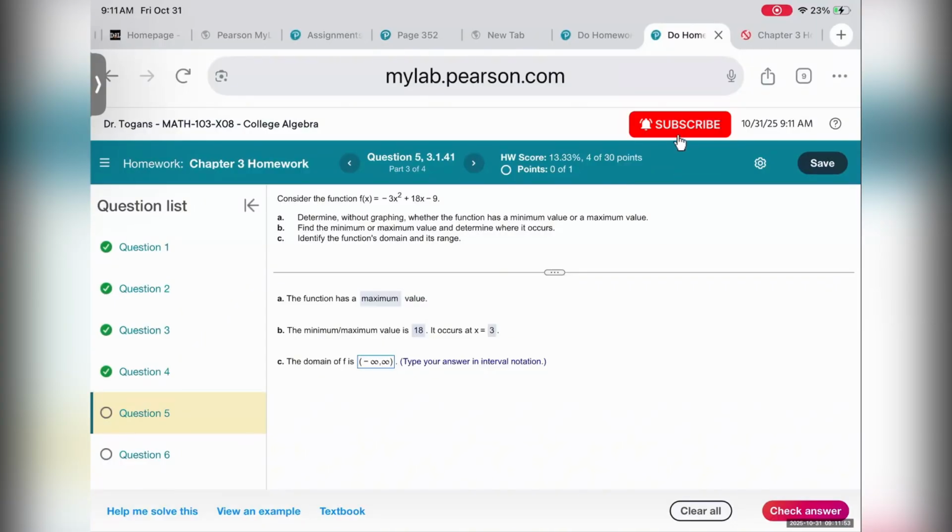So anytime you see a straight line and it goes on forever, if you see a parabola and it keeps growing forever, if you see a cubic function,